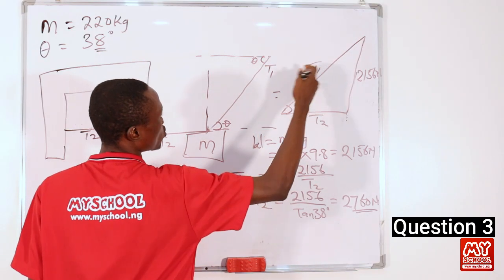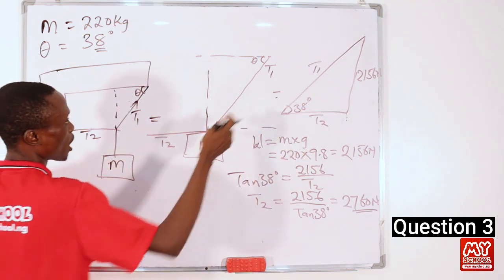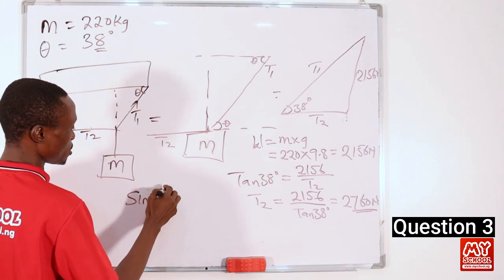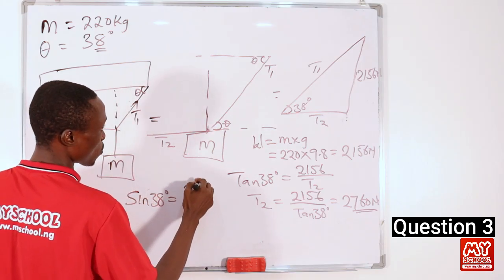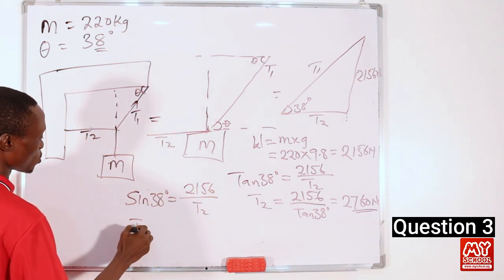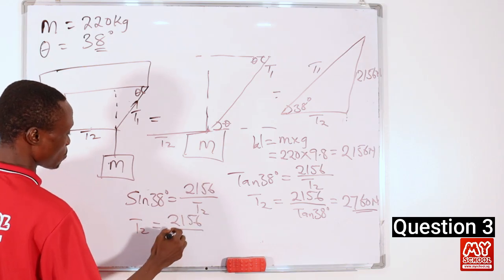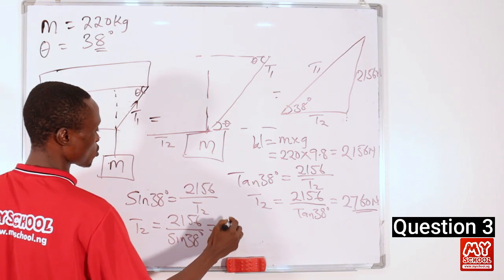So since we are using these two sides, that means we are using hypotenuse and opposite. Hypotenuse and opposite is sine. So sine 38 degrees is equal to opposite, which is 2156, divided by T2. So to get T2, T2 becomes 2156 divided by sine 38 degrees. And this will be equal to